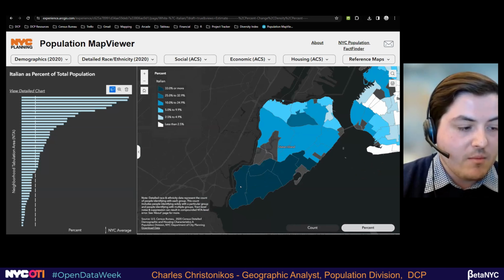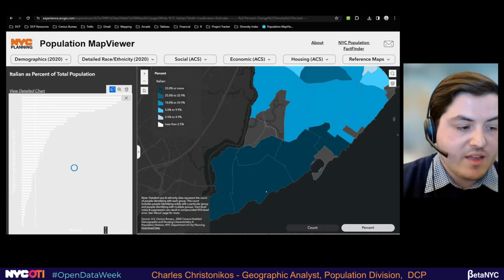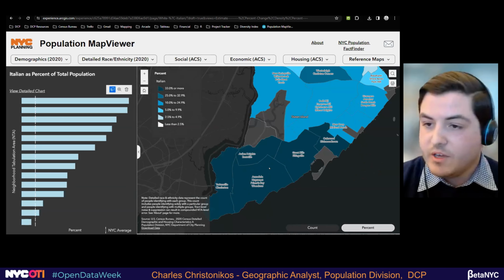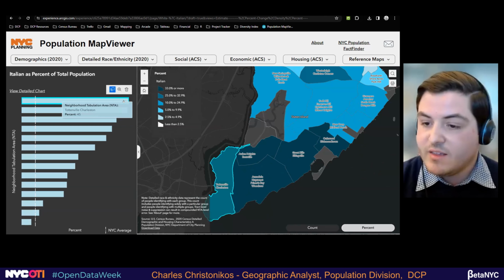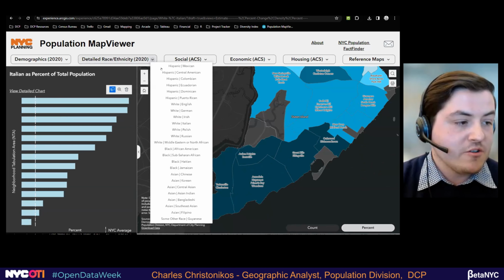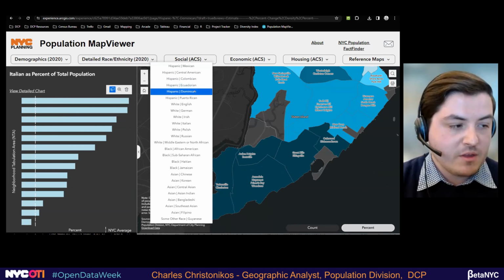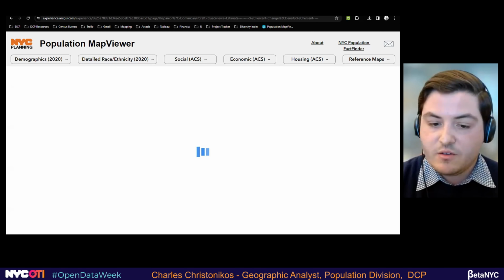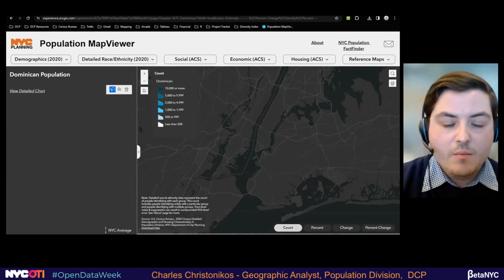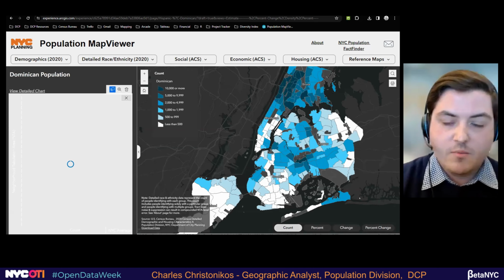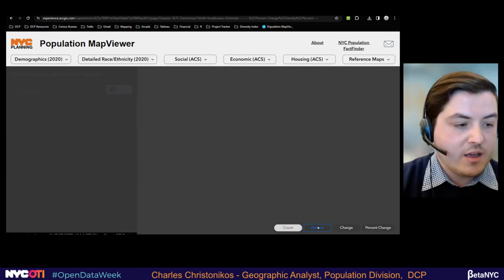Looking down here, all of these neighborhoods on the south shore of Staten Island have an Italian population that's a third or more. And the neighborhood with the highest percentage, Tottenville, Charleston, has a 45% Italian population. Within the Hispanic population, though, Dominicans are the largest detailed group, and Dominicans are actually the largest detailed group in New York City overall. Here, you also see the presence throughout all 5 boroughs, but looking at the percent map,